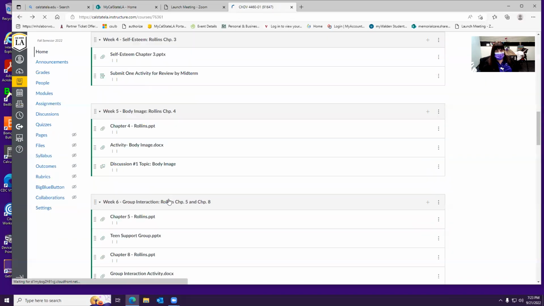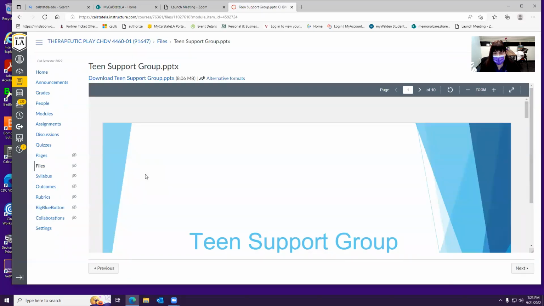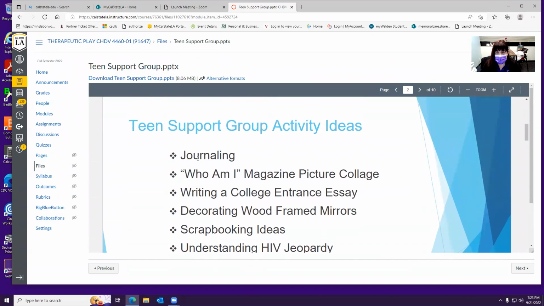Actually, one more time, let me go back and explain a little bit further how I conduct support group with the teens and young adults that attend support group for me in clinic. So these are some of the activities that we've accomplished in teen support group. We've talked about journaling. I've given them little composition books. I have them create a nice cover for the composition book with scrapbook paper and stickers and yarns and rickrack and all of those kinds of things.